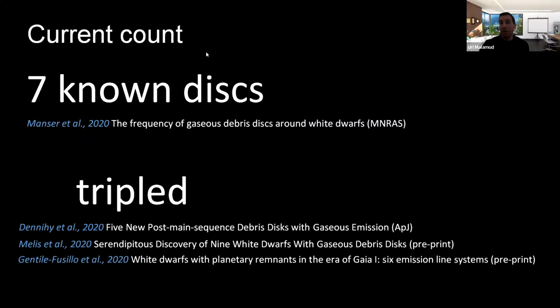By now, there are about 7 known disks, but in the last few weeks, there have been several papers published based on what I just told you, Gaia, and a lot of follow-up observations of new white dwarfs, and the number of gas disks has tripled. What I should mention about this gas disk is that with the exception of one system, all of these systems that have gas, they're not exactly gas disks, they're gas components. So all of these systems also have infrared variability and infrared excess, okay? So about 1/3 of the known infrared excess systems also have a gaseous component.